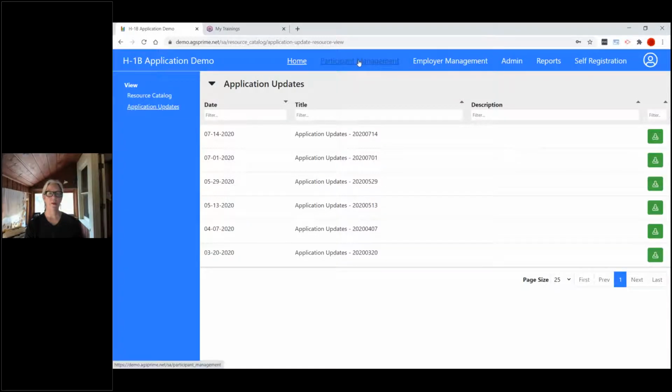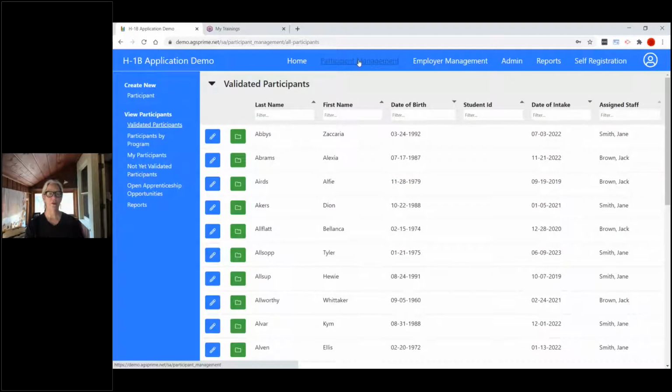So when I click on my participant management tool, just really briefly here, we'll come back to this. Prime is a case management environment that supports, on one hand, the case management business process, humans helping humans, right? Moving from point A to point B. But at the same time as we're collecting case management data, demographics and program enrollments and credentials and services and employment and all that great information, the other foot's on the other side of the line that says, yes, but I need to have a system that provides compliant data tracking and reporting capabilities for my WIP system,